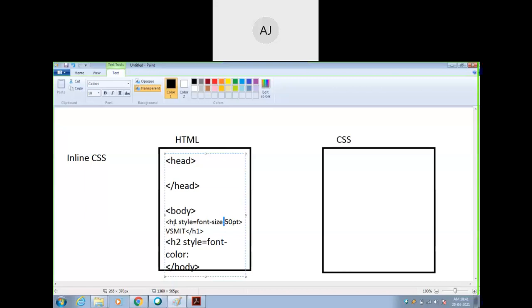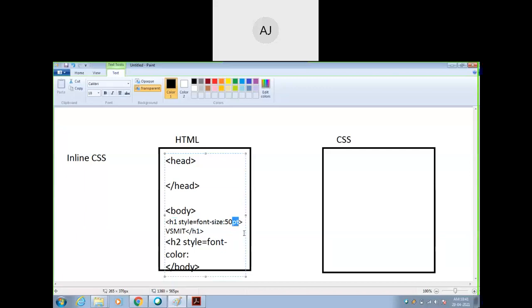H1 is a selector, and font size is a property, and 50 pt is a value. This property and value you separate by using a colon, and it ends with a semicolon. Right now we have pt, we have specified the unit. If I do not specify the unit, I can give the semicolon here.